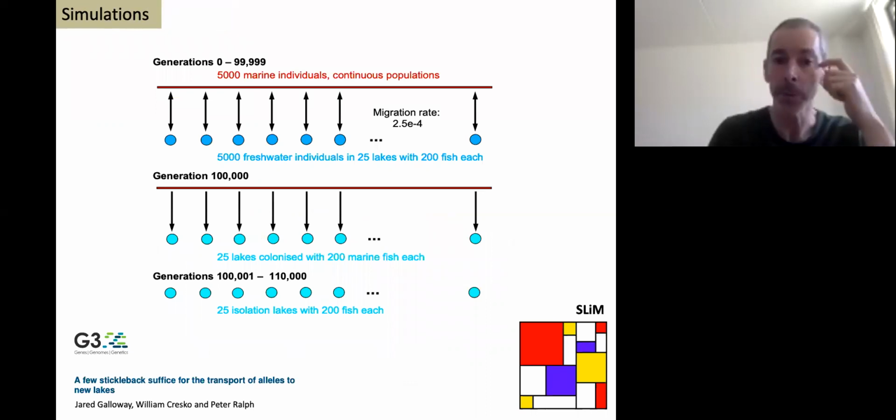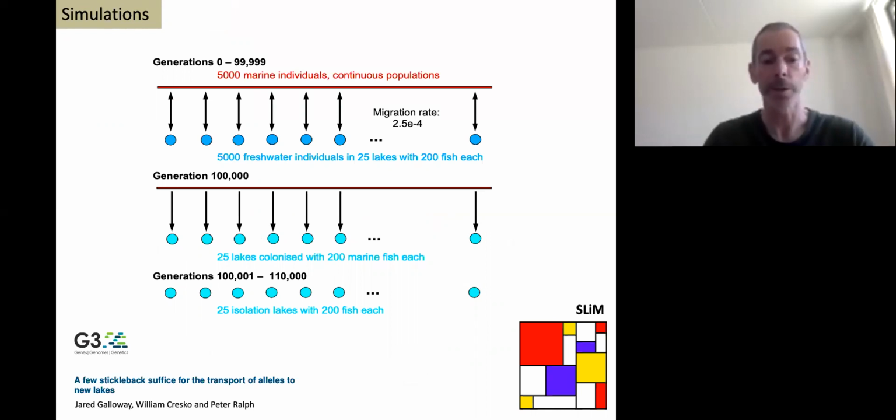We wanted to try and model this, and we decided to use as a starting point this really elegant study by Jared Galloway and colleagues that was published, I think, earlier this year, maybe late last year, using SLiM. So basically came up with a model that started off with a marine population, which could then colonize these freshwater populations and run for 100,000 years, basically generating freshwater standing variation in that marine population.